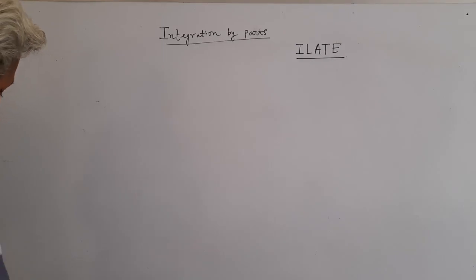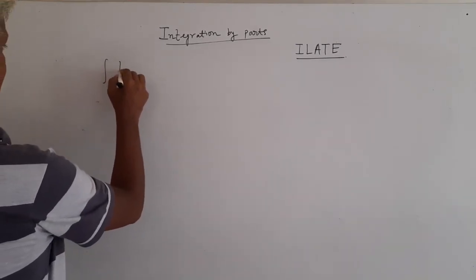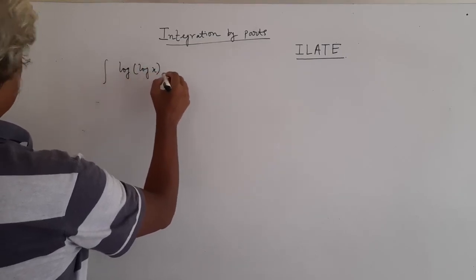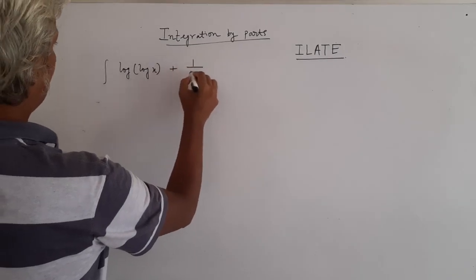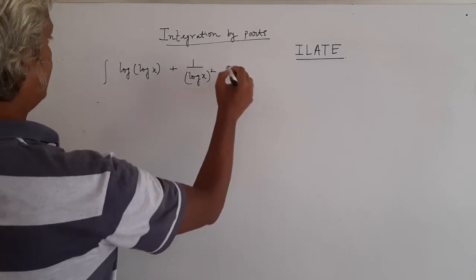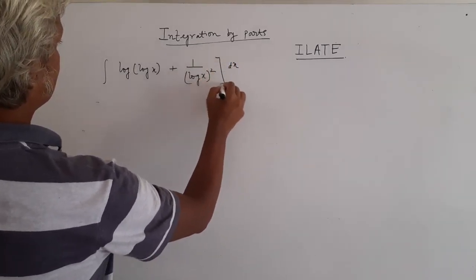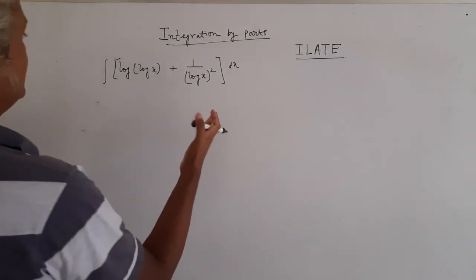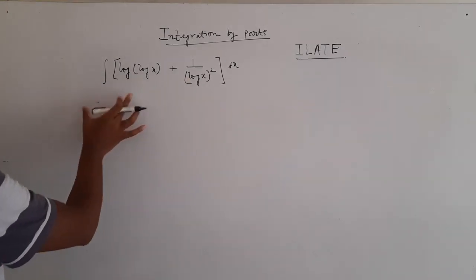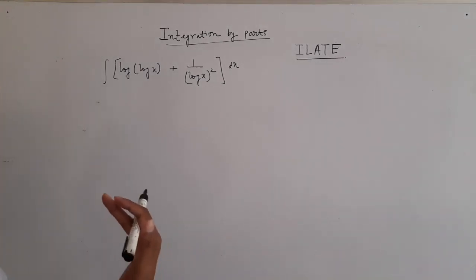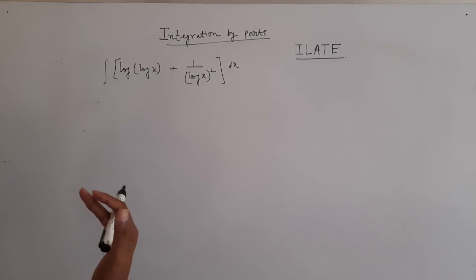Here I have some. So one is the integral of (log x plus 1 over log x whole square) dx. Now this is all given together. So you do not know how to solve this question, whether you should start solving them by breaking into two integrals and solving them separately. But after solving, I am pretty sure that everybody will come to know how this question can be solved.